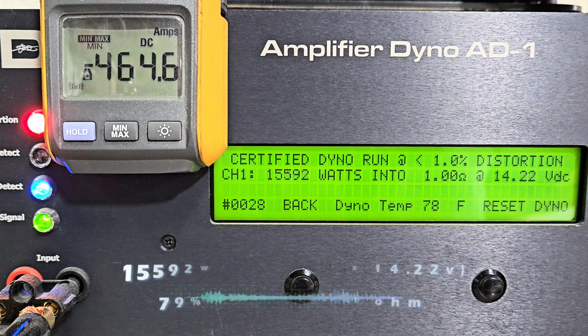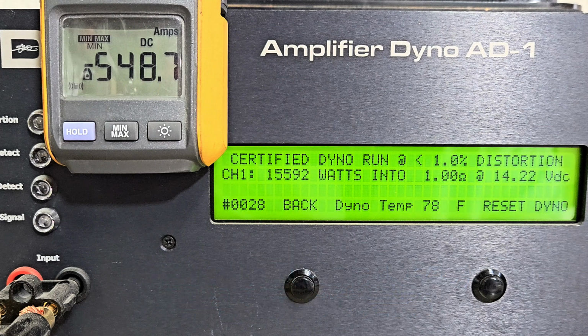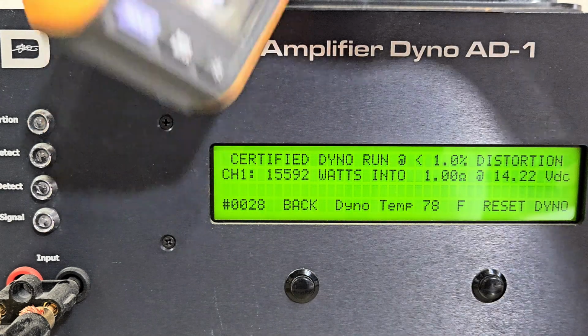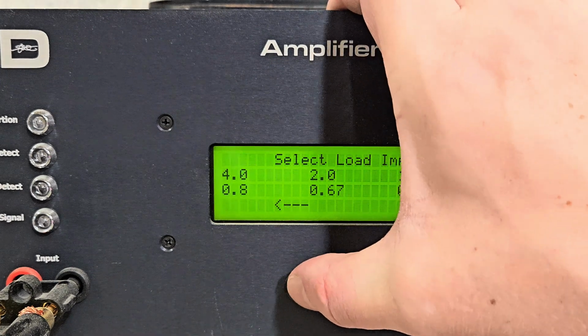All right, there we are, guys. It was able to read it. We got a whopping 15,592 watts into 1 ohm, dropping to 14.2 volts. That is gnarly. This amp is putting out tons of power. And again, that amperage is triple what it was reading. So we'll go back now and we will get into